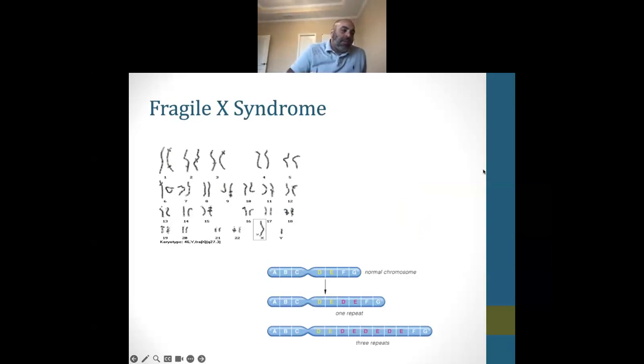Fragile X. Here with Fragile X, the males tend to exhibit it. They have a repeat of CGG on the long arm of the X chromosome, which can actually break off. I have in my notes 1 in 4,000 males has it, 1 in 8,000 females. They have deficits in IQ, and their ears tend to be a little pointy.